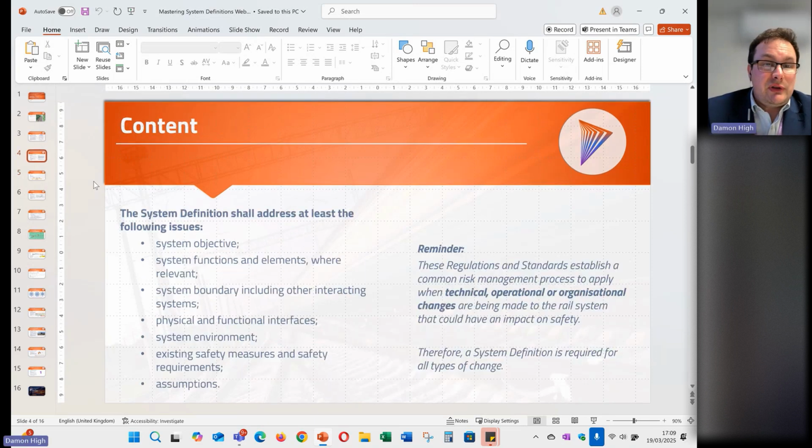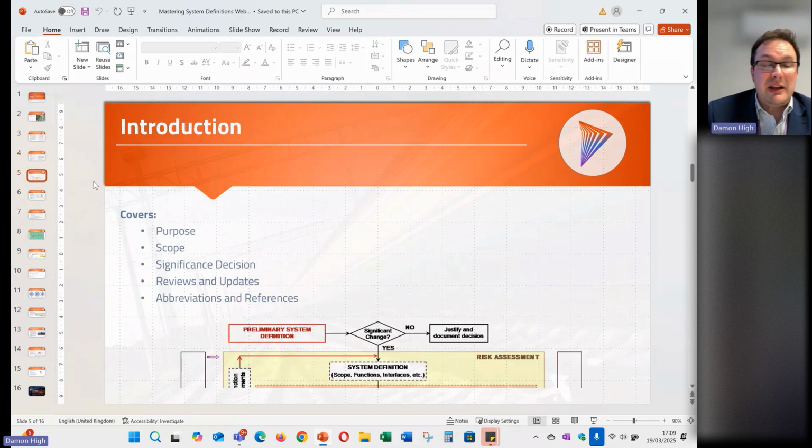However, instead of diving straight into a system definition document that dives straight into system objective, generally we want to try and include some sort of introductory section. We want to set the scene for the rest of the document that we're producing. So in that introduction, we want to look at the purpose of the document. So what standards, what regulations, what company standards are we looking to comply with as a result of producing this